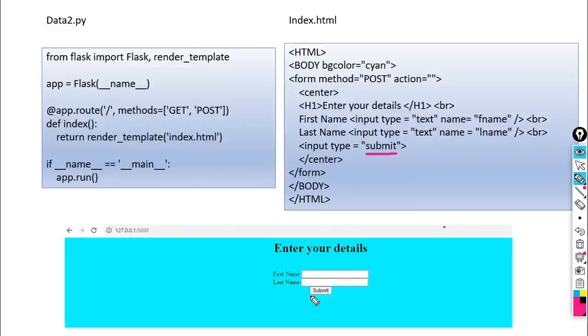But look here, we are only entering the data. No MySQL database is used, no tables are used in this one. We are only entering the data. What would happen once we enter the data? Suppose I enter first name equal to Radhika, last name equal to Desai, and we click on the submit button.